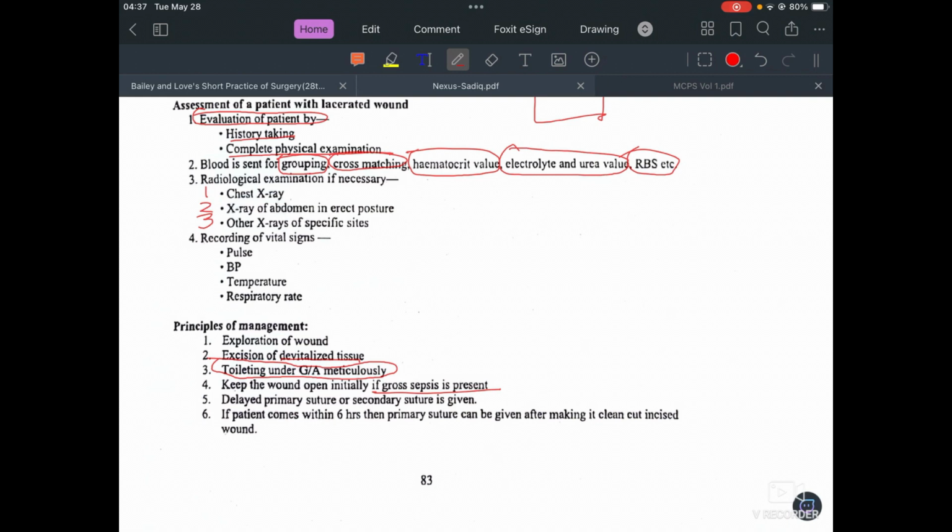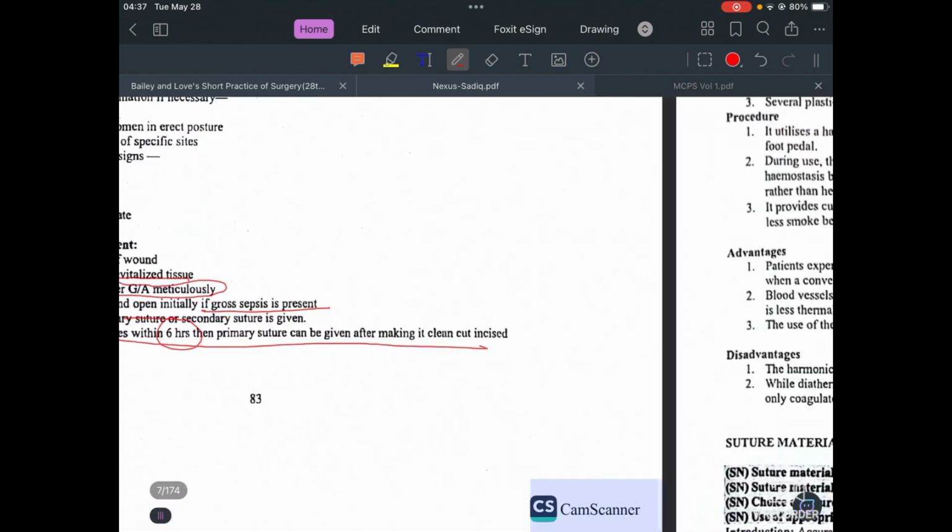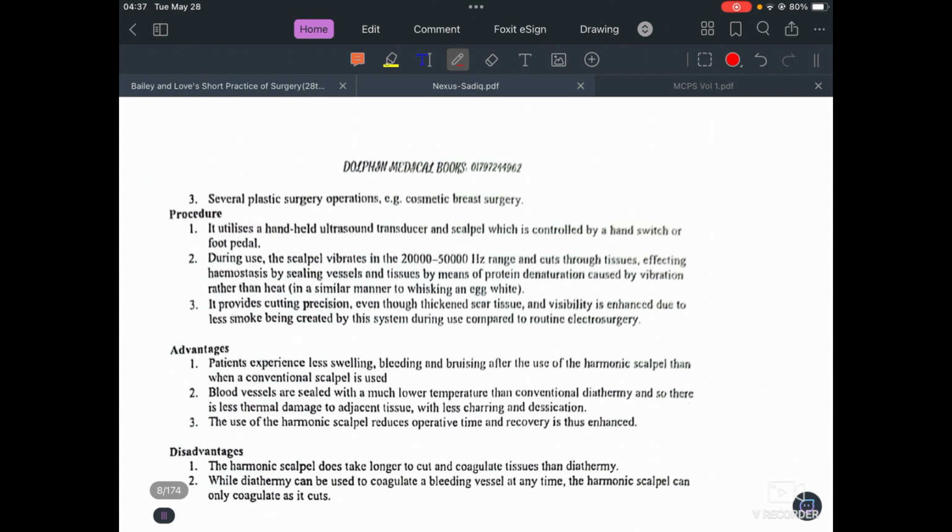If the patient comes within 6 hours, then primary suture can be given after making it a clean cut incised wound. So this is very important, the duration. If the wound comes within 6 hours, this is the golden time. Then we can give suture within 6 hours. But if the patient comes after that, then we can give delayed primary closure or secondary closure. And there are some several plastic surgery